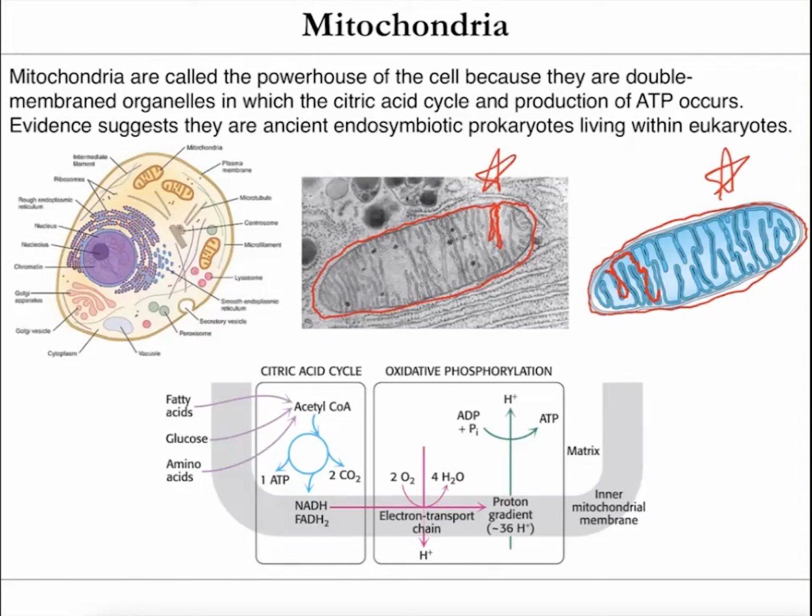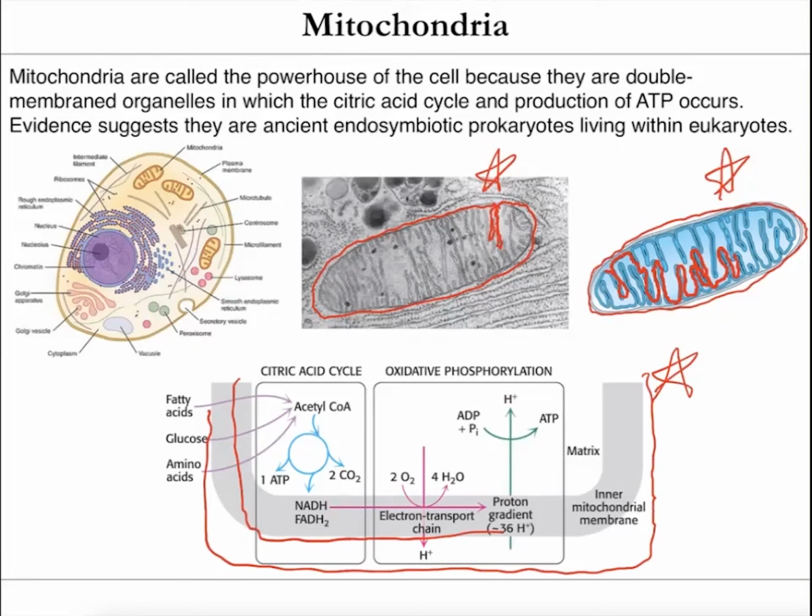And what that does is it increases the surface area for a bunch of different enzymes and proteins that are involved in metabolic processes in the mitochondria. So it increases the amount of energy that you can get out of one mitochondria. So here is another image of how this happens. Here is the outer mitochondrial membrane, and here's the inner mitochondrial membrane.